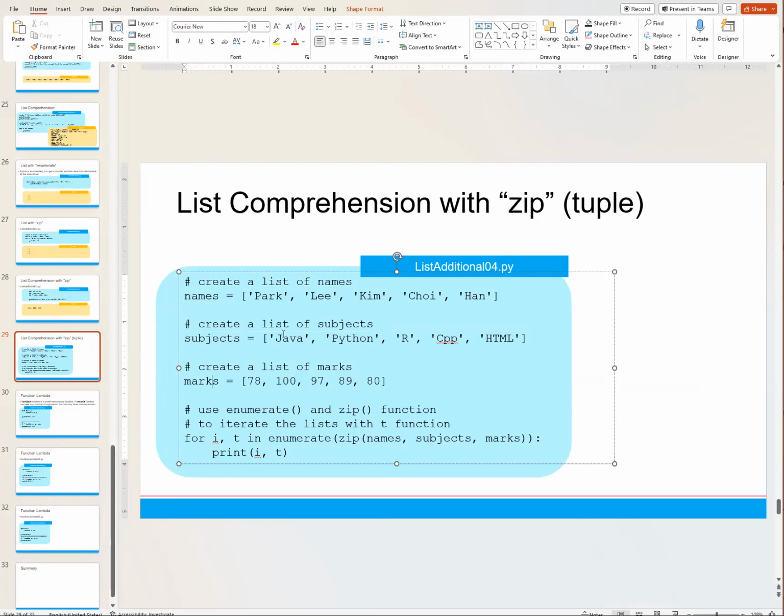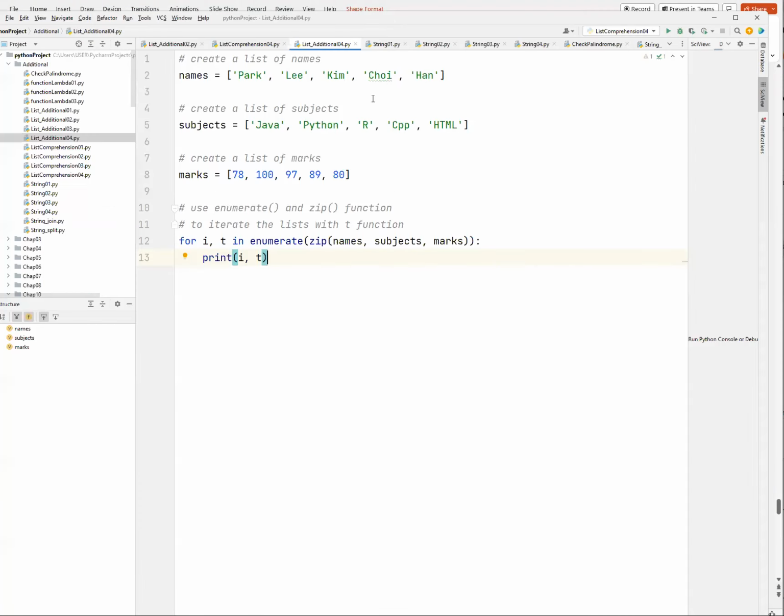Okay, so Park learned Java and the mark is 78. And then Lee learned Python and the mark is 100. And so on. Okay, so we can combine those three different lists into one. So let's see if I put them into a list. We can put this one. So if you look at this, then you will see